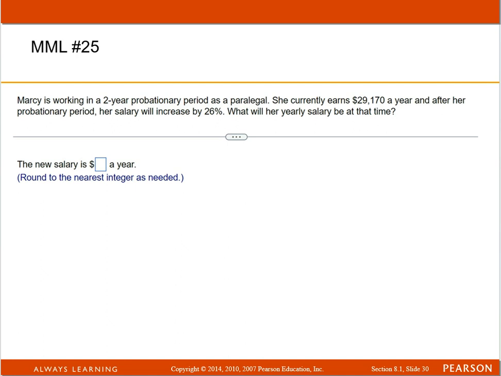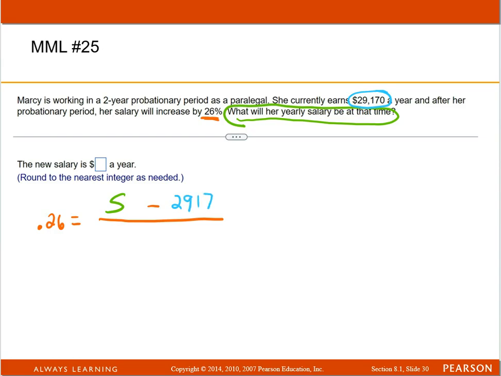Okay, it's another percent change, and this is an increase. And I know she's making 26%, so that's a 0.26, and that is going to equal her new amount, which is what we're looking for. What will her yearly salary be after the probationary period? I don't know what that is. That's her new salary. We'll just say, what's her new salary? S. Her old salary was this. That's what she's currently making. So 29,170,